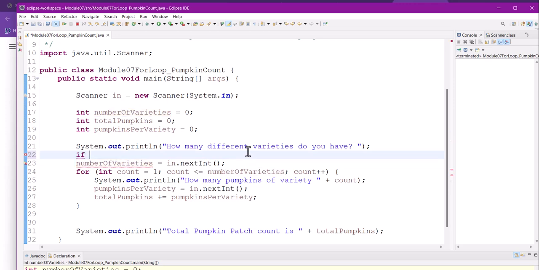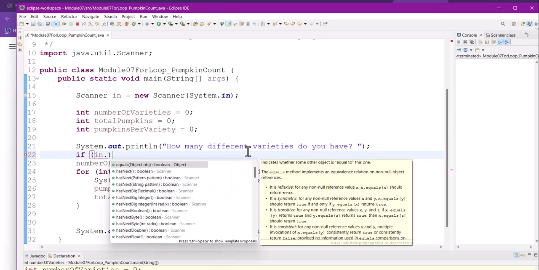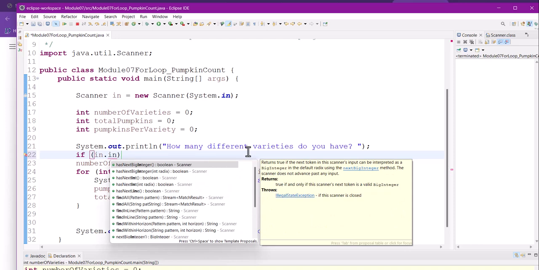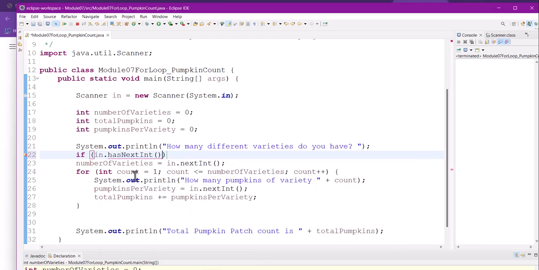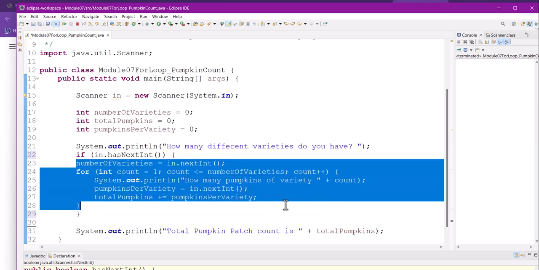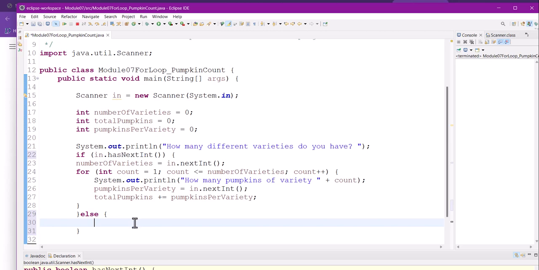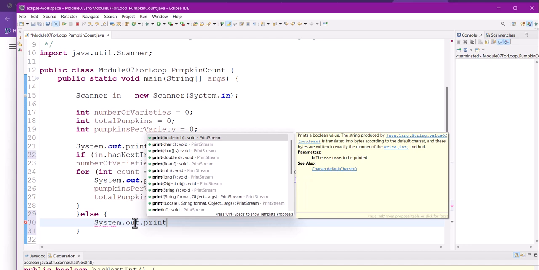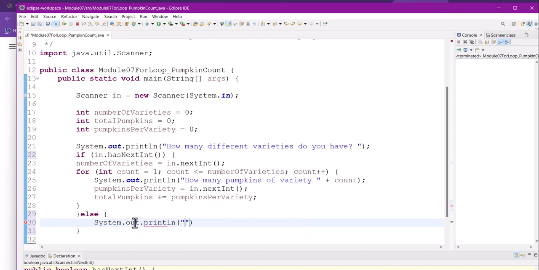So we use an if statement, and we use one of our scanner class methods, in.hasNextInt, to test to see, is our next piece of data an integer? If it is, then we are going to go ahead with our calculations. If it is not, we are going to provide feedback to the user in a user-friendly format and tell them as specifically as possible what went wrong. And we would say input error on